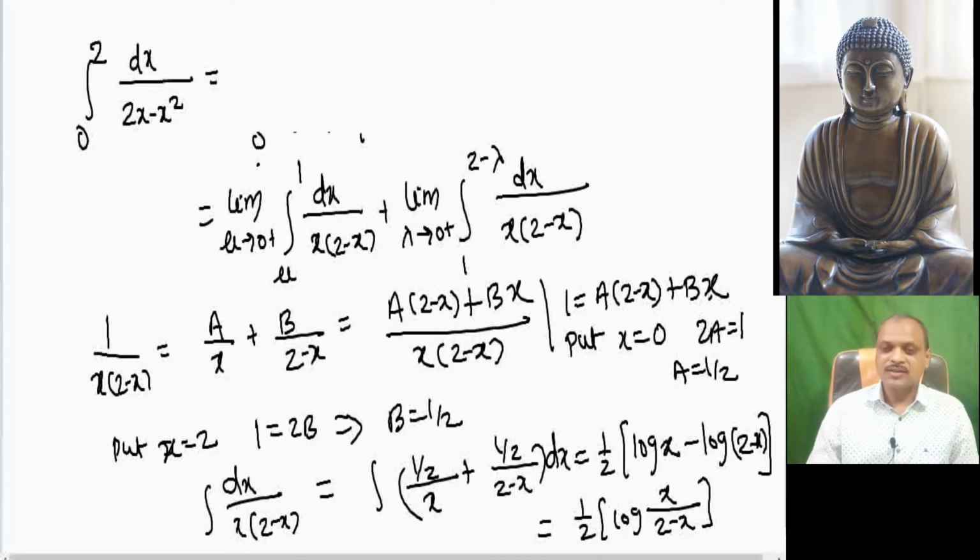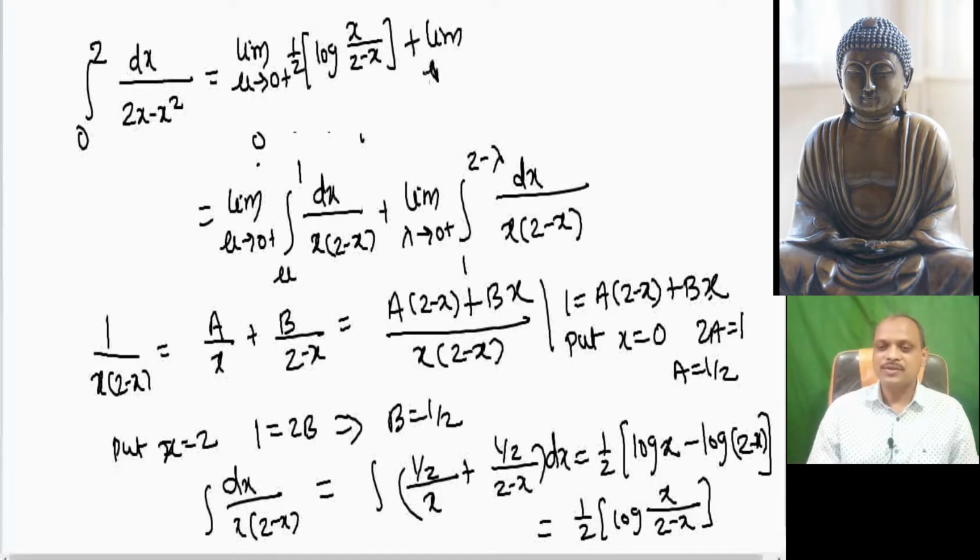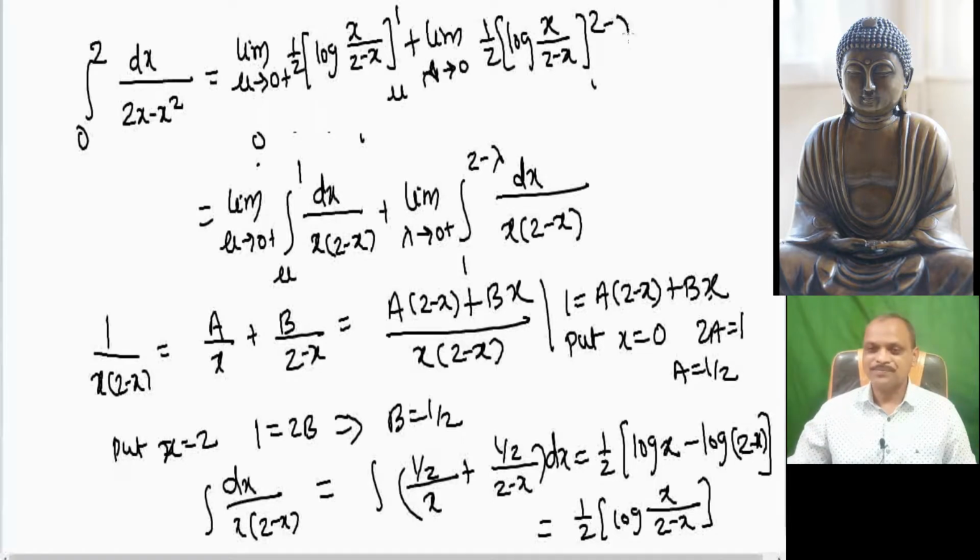Let us put this value directly in the two parts of this integration and apply the limit. This will be the limit mu tends to 0 from right of 1 by 2 log of x divided by 2 minus x, plus the limit lambda tends to 0 of 1 by 2 into log of x divided by 2 minus x between the limits 1 to 2 minus lambda. Substituting the upper limit and lower limit values,